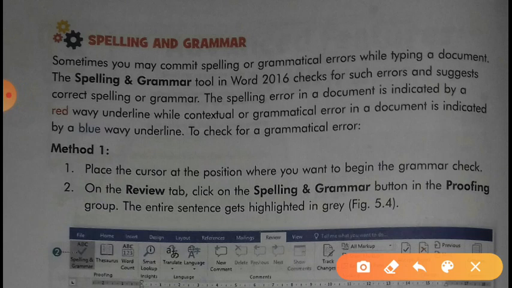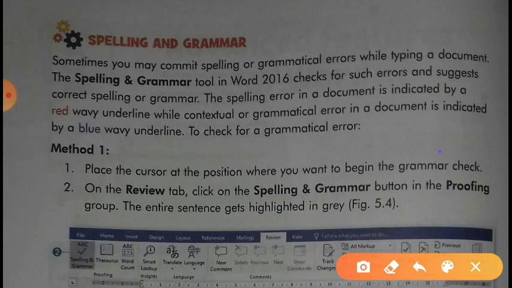Dear students, first of all, we need to know what is the spelling mistake and what is the grammatical mistake, and how the computer indicates this type of mistake. So dear students, if there is any spelling mistake in your documents, then the computer will indicate it with a red wavy underline, and if there is any contextual or grammatical error in your document, then the computer will indicate it with a blue wavy underline. Okay students,